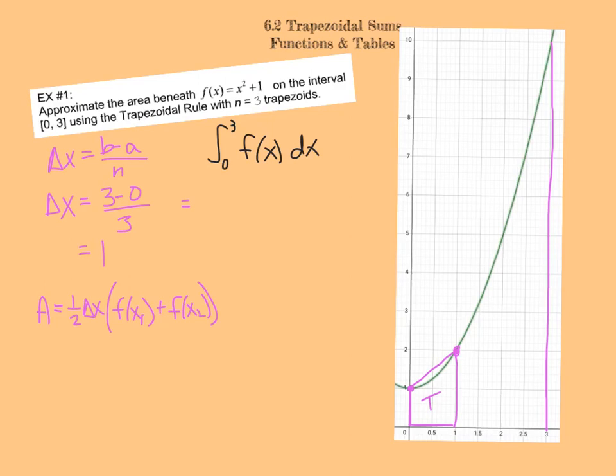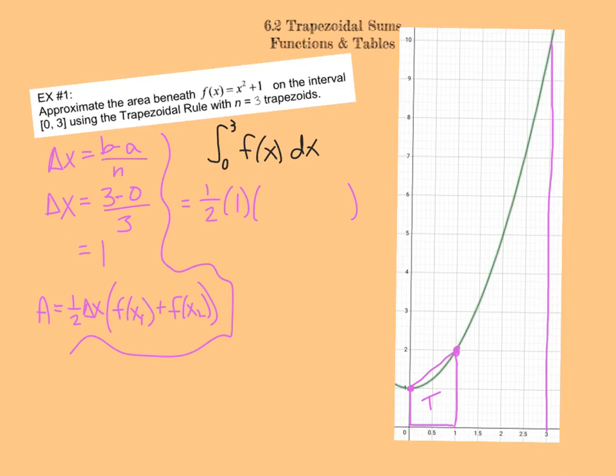So this area here would be 1/2 of delta x. Delta x is 1. And then we have to have our two heights, right? So in this case,